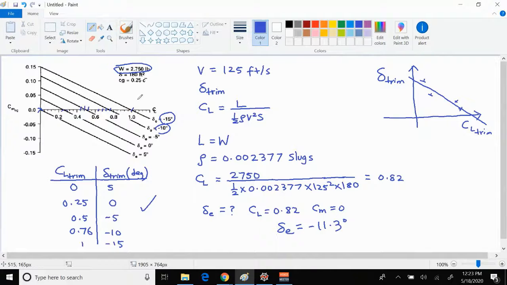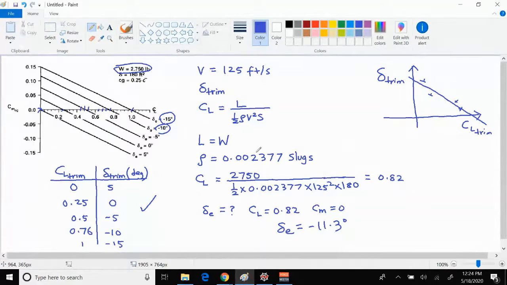Okay, so let's assume that we want to know the elevator angle when the aircraft speed is 125 feet per second. So in that case, first we should calculate the lift coefficient. The lift coefficient is given by lift divided by the dynamic pressure times the wing planform area. Now the lift is equal to the weight of the aircraft, which is given to us as 2,750 pounds, and density is equal to